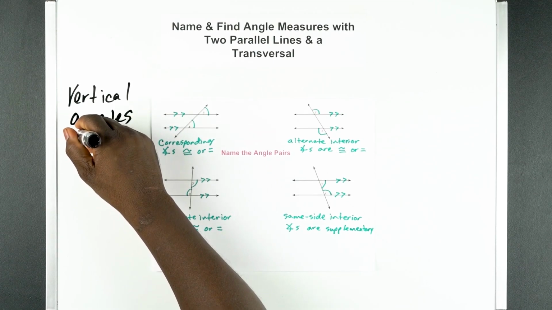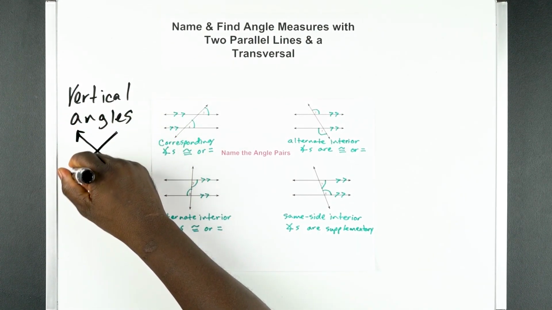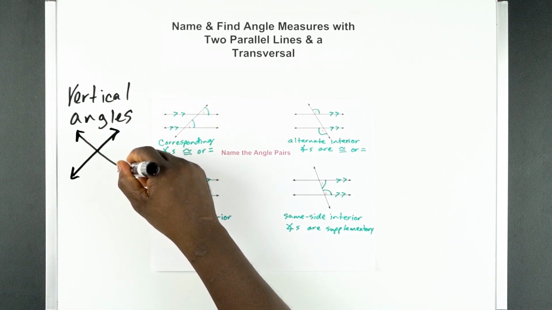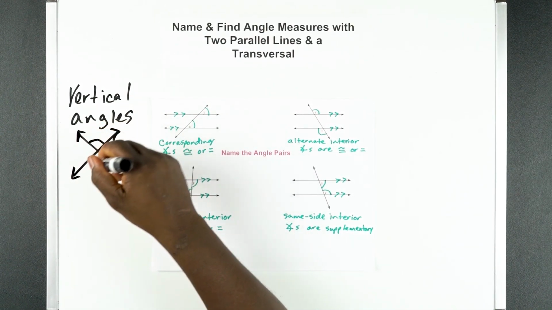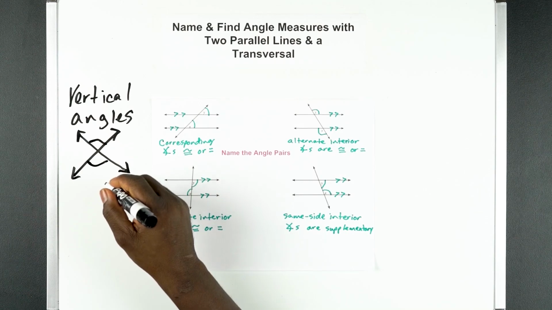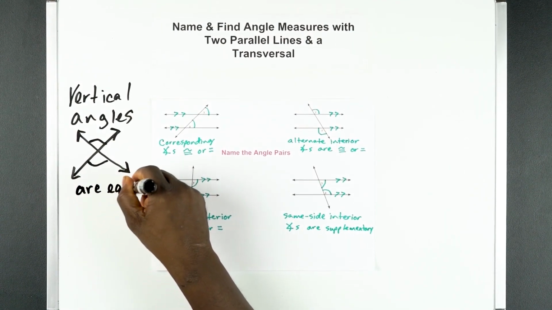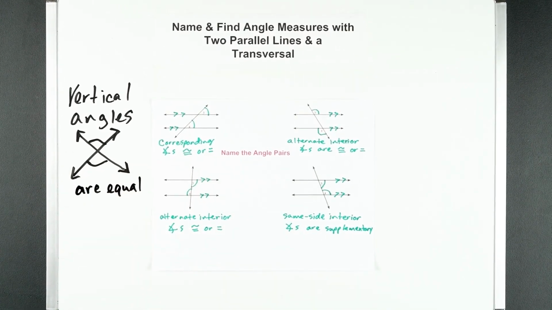All right, so if I have two intersecting lines like this, we say that vertical angles are equal. Okay, so in this case, vertical angles are equal. All right,